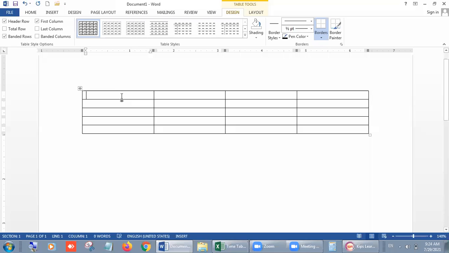After that, suppose admission number, roll number, name, and marks, right? Admission number, suppose 1 2 3 4, roll number 1, name ABCD, marks 98. Now 1 2 3 5, roll number 2, BCDE, marks 97.